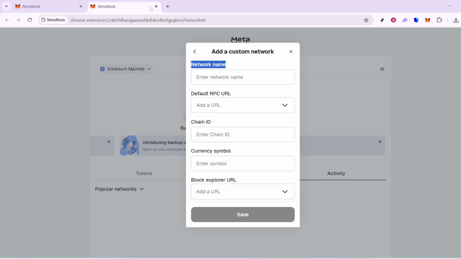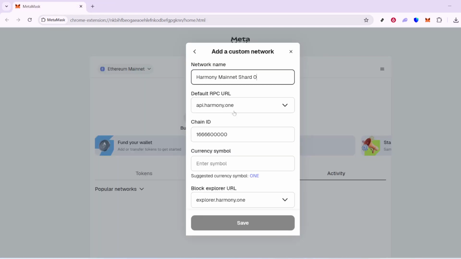Now, here's where we input the specific settings for Harmony. Begin by adding the network name, which should be Harmony Mainnet Shard Zigio. This will help you easily identify it later. In the field labeled New RPC URL, type in the following: https://api.harmony.1. For the chain ID, enter